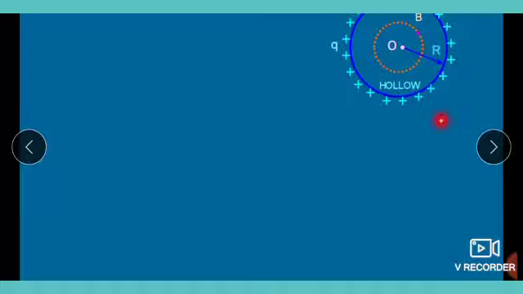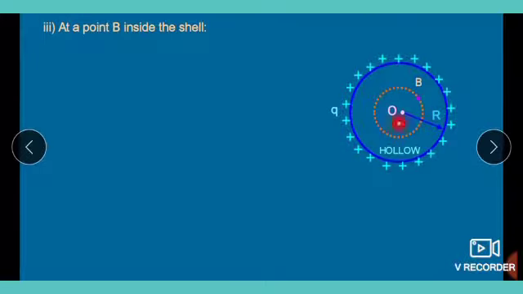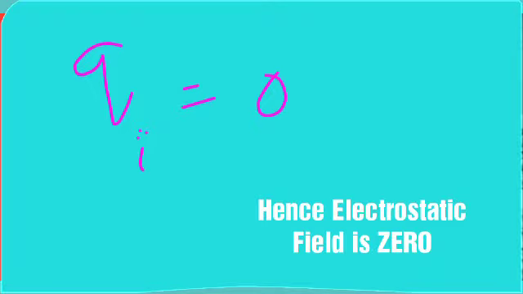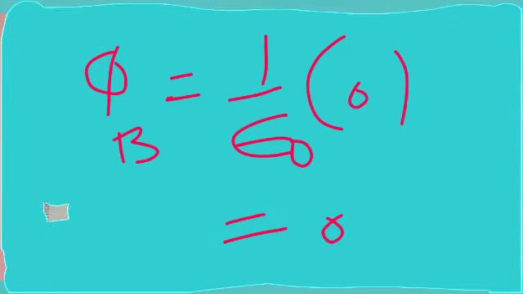Now at a point B inside the shell. We have seen the field outside and on the surface. Now for point B, assume a Gaussian surface passing through this point B. Of course, the charge is lying outside. So how much charge is enclosed by this Gaussian surface? It does not enclose any charge, not at all. So the Gauss theorem, when we are talking about the Gauss theorem,